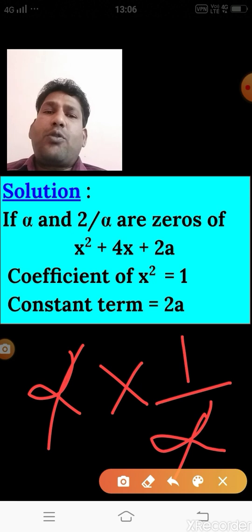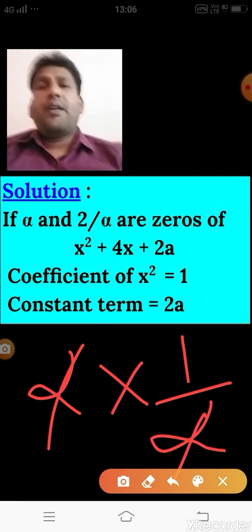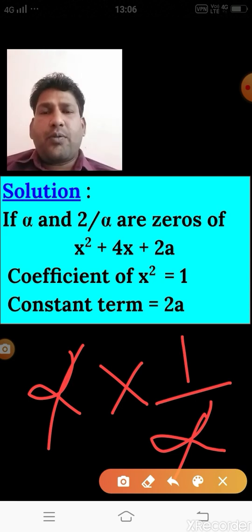It means that in this question, because this question is of 1 mark, directly we are using the concept, we are finding the product of zeros. This you have to remember, or this you have to learn, whether we have both the relations. We have the sum of zeros and product of zeros, but which relation we have to use, that you have to identify first.